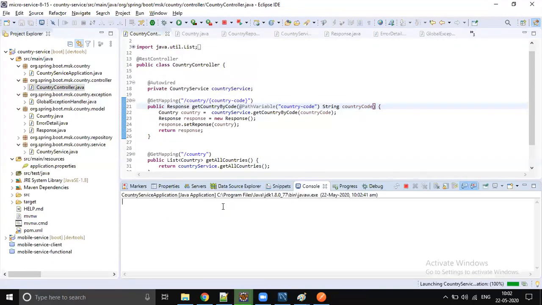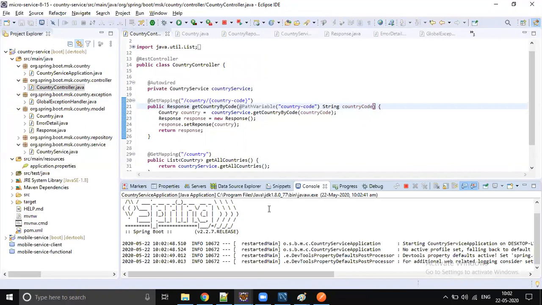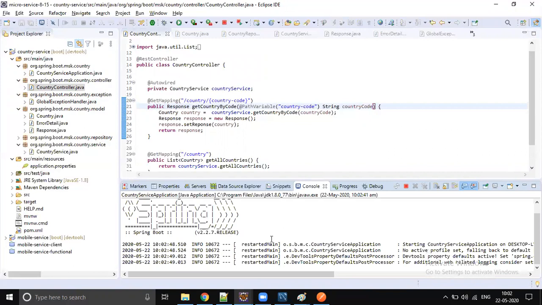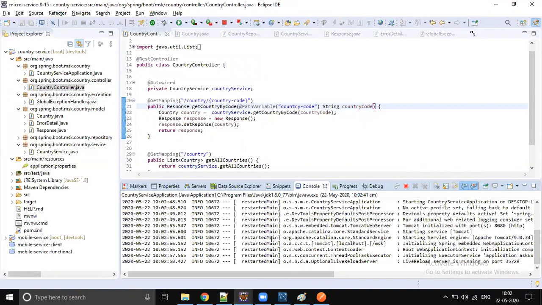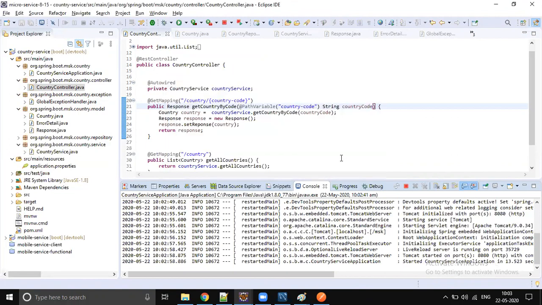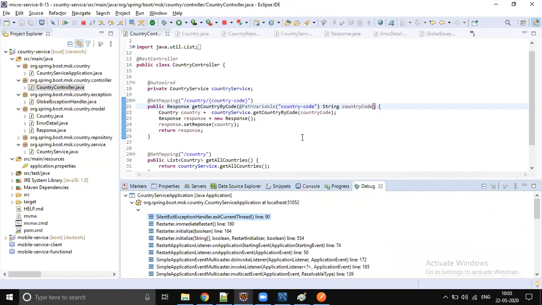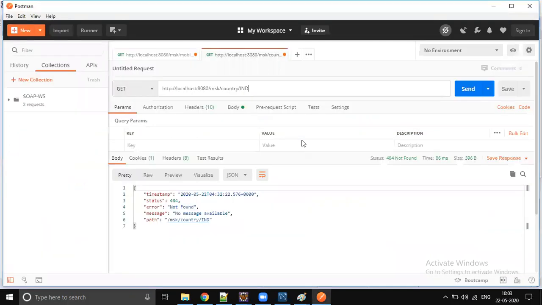Country service application. I'm starting in debug mode. Okay, fine. Let it be. Let's send the request.